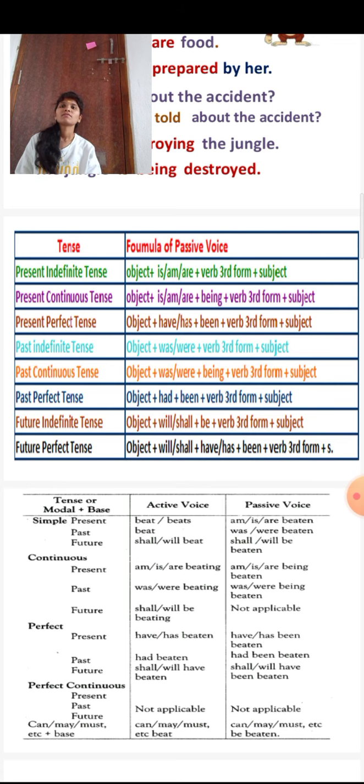So first we have to interchange the object and subject. The object of the active sentence becomes the subject of the passive sentence. Then change the verb to its past participle form. So that is it. And the next question is how to identify active and passive voice sentences. It is a very easy question, and the answer is very easy to get.